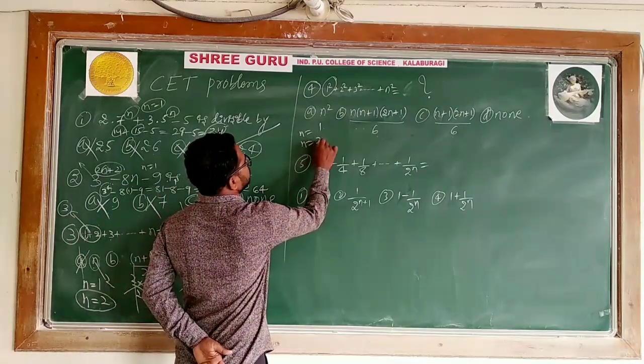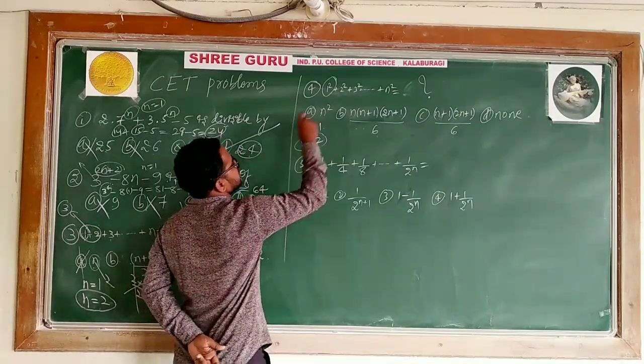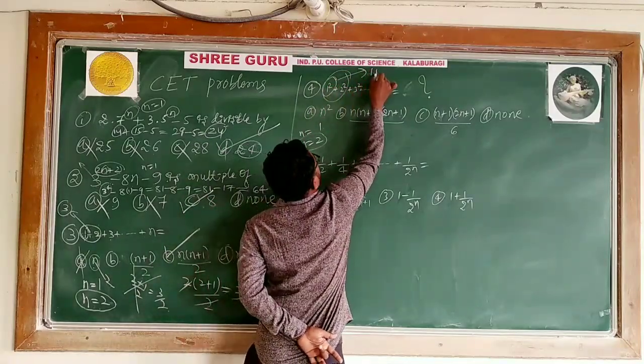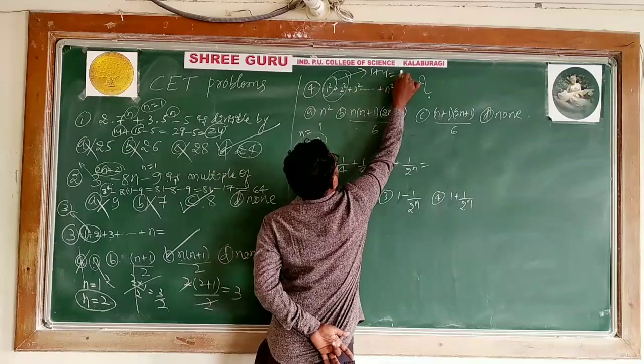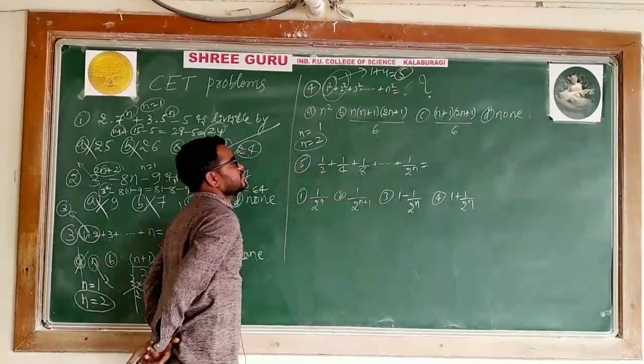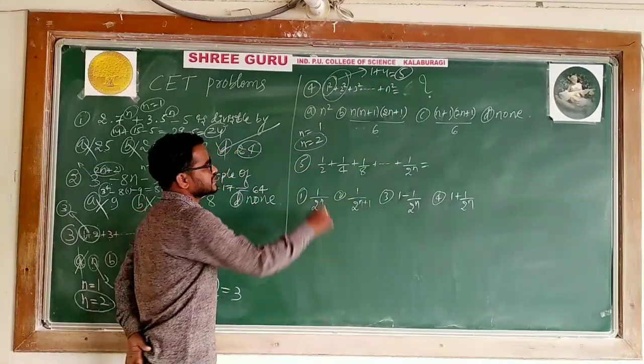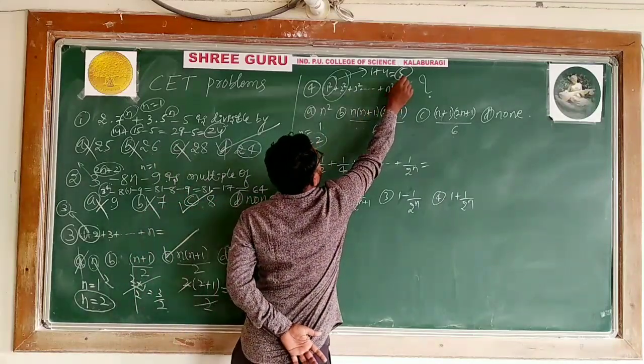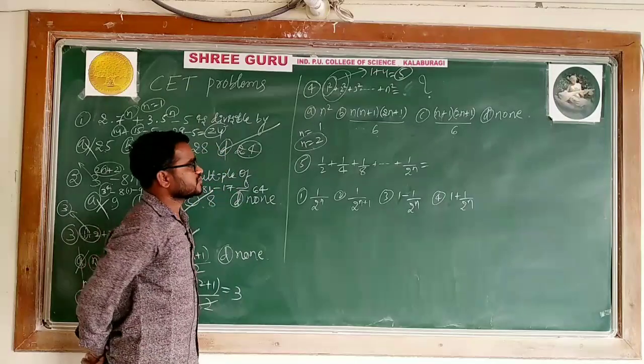So n is equal to 2 ತಗೊಂಡ್ರೆ ಏನು ತಗೋಬೇಕು ನಿಮ್ಗೆ ಆನ್ಸರ್? Sum of these two. Sum of these two is what? 1 square 1, 2 square 4. ಅಂದರೆ ಏನು ಬರಬೇಕು? 5. ಯಾವ್ದು ನಂಬರ್ 5 ಬರ್ತೋ ಅದು ಆಪ್ಷನ್ ಆಗ್ತದೆ. When you are taking n is equal to 2, the required result is 5. 5 ಬರಬೇಕು. ಎದ್ರೊಳಗೆ 5 ಬರ್ತದೆ ನೋಡಿ.